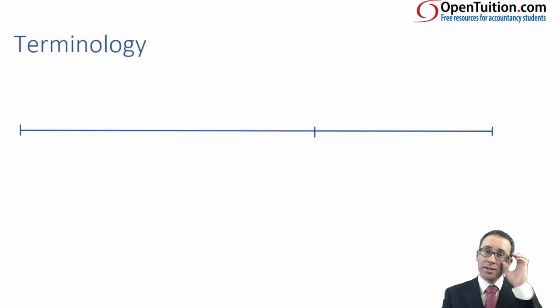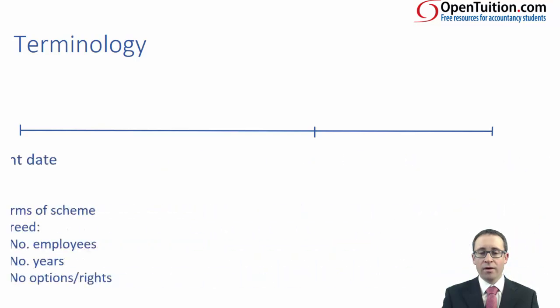We need, unfortunately, to be happy with some terminology. So we've got a little bit of a timeline there. And what we've got there is, first of all, looking at the grant date. The grant date is today, okay, and that's whereby between the company and yourself, the employee, we agree the terms